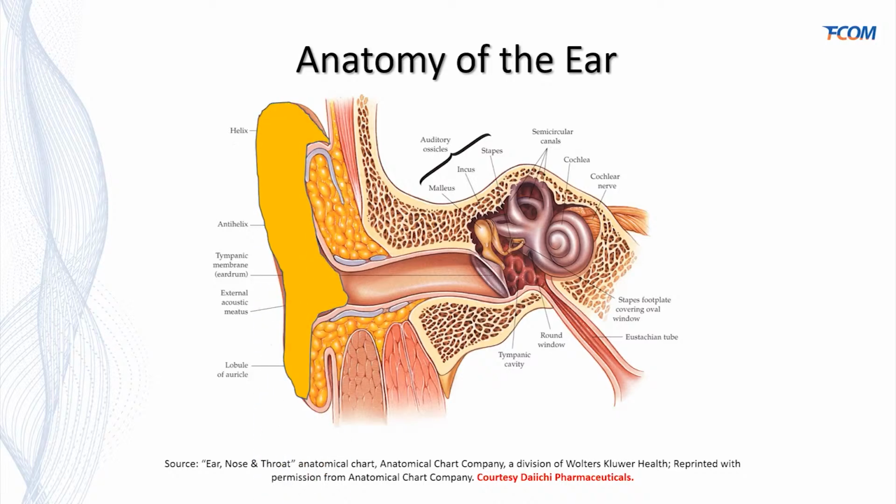The helix and antihelix all form the outer ear. The external auditory canal is a conduit to the middle ear and it's lined with migratory skin. The tympanic membrane separates the middle ear, and the middle ear connects to the nasopharynx through the eustachian tube. The eustachian tube is responsible for equalizing pressure in the middle ear, preventing regurgitation, and facilitating drainage. So just remembering this image and what those different sites do will help you figure out what's going on with